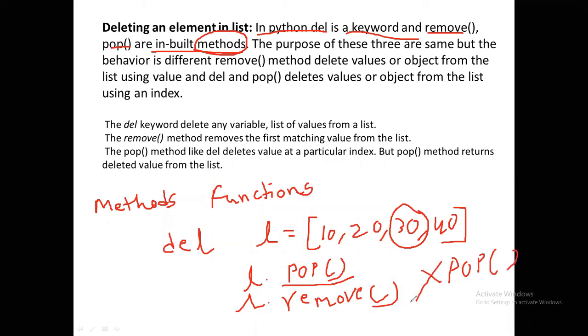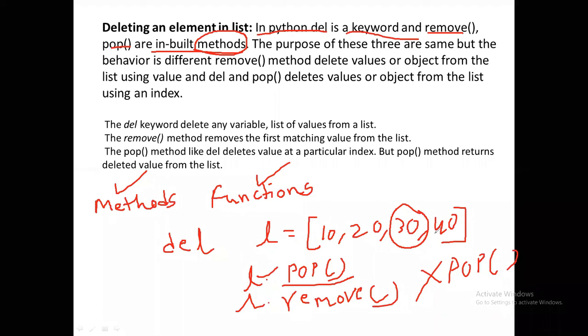If the syntax for pop is L.pop, then we call this a method. If I directly call pop, then we call this a function. Both are the same; the functionality is the same. We call it a method because we call it with the help of the object.